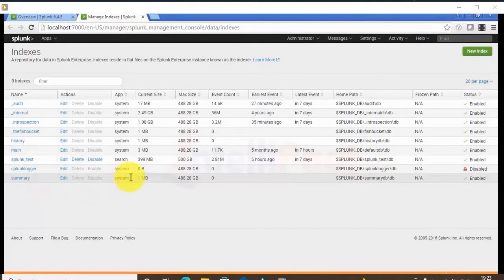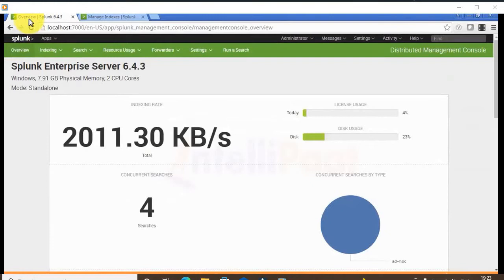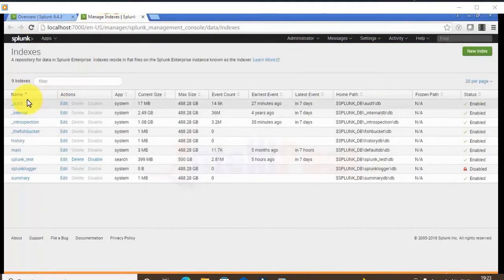If you want to edit, delete, or disable any of the indexes, you can do that. You are free to do that, based on your requirement. All right, so now when I come back to my actual console page,